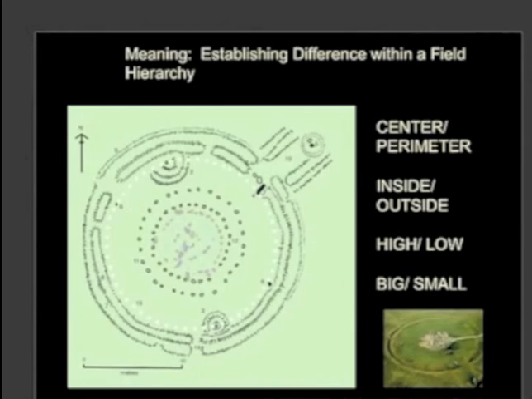It draws your eye immediately to it when you look at plan, or in space, everything surrounds it. The entire organization, not simply of the stones, but also of this annular mound that surrounds it, locks on the center. And that has to do with a concentric organization. If we look at the way the path cuts in, it's an axial organization. So there are lots of different organizational strategies beginning to say, this is different, this is important.